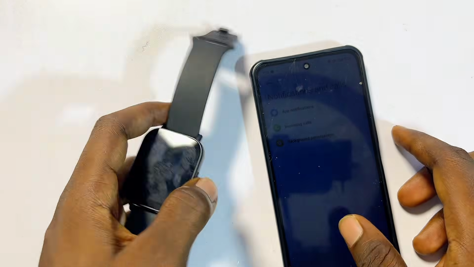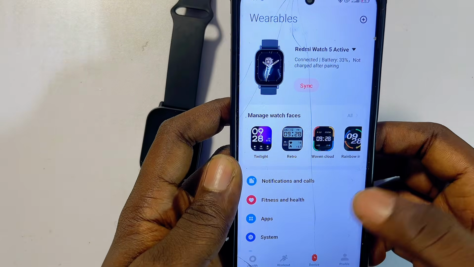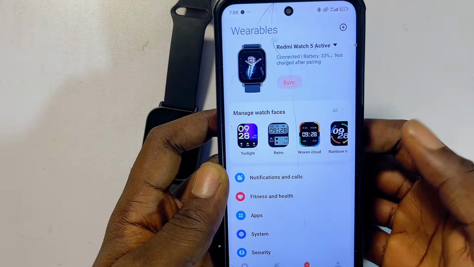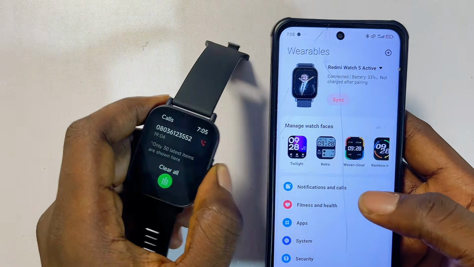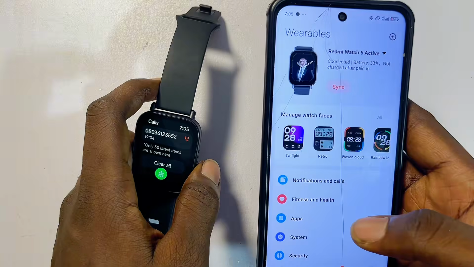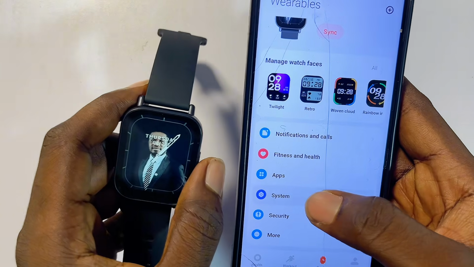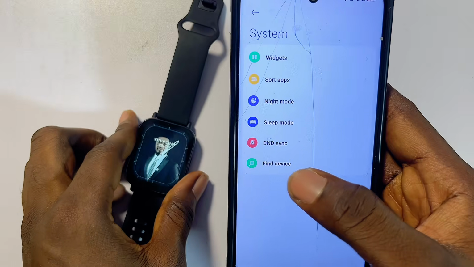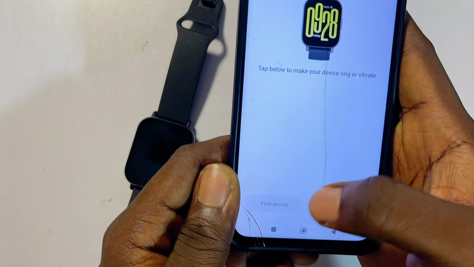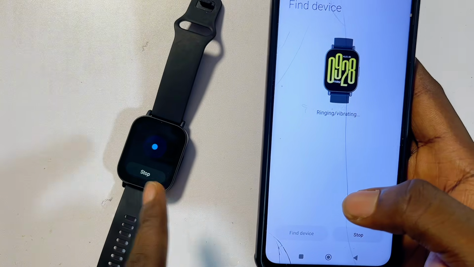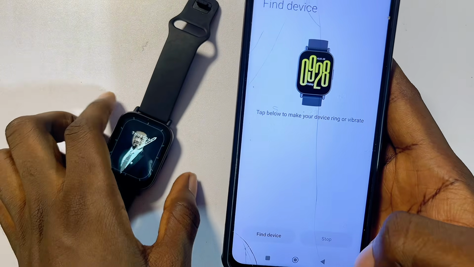Another interesting feature of the Redmi Watch 5 Active from the Mi Fitness app over here is the ability for you to find your phone. So take for instance, if you actually misplaced your phone or your Redmi Watch 5 Active, you can actually use your phone to find your Redmi Watch 5 Active. So if you click on the system option over here, you're going to see the find device option. Just go ahead and click on it and then just click on find device at the bottom, and automatically your Redmi Watch 5 Active will start to make a noise, enabling you to be able to find it wherever it